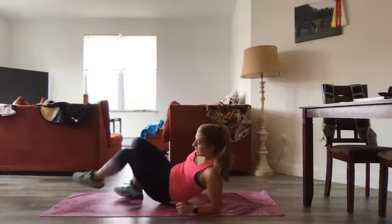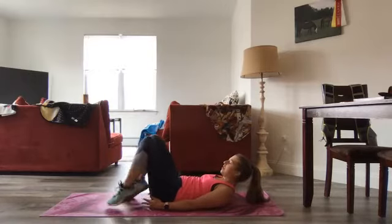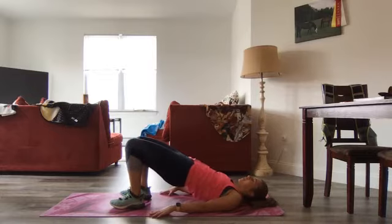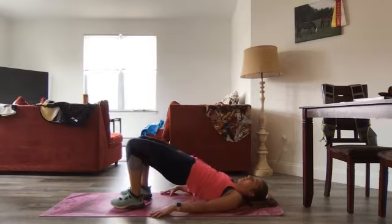Rolling onto our back, going into those bridges again. Heels nice and close to those glutes, as close as you can get them. We're going to do 15. We rise up and squeeze those glutes at the top. Lower halfway. There's 1,